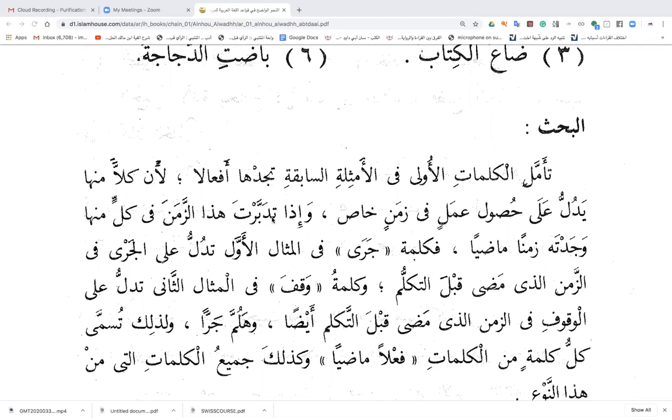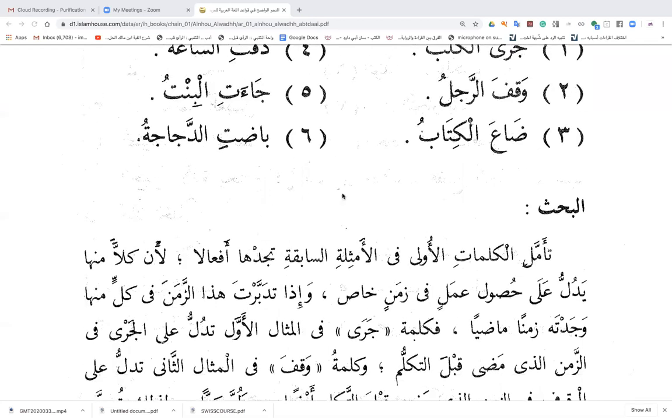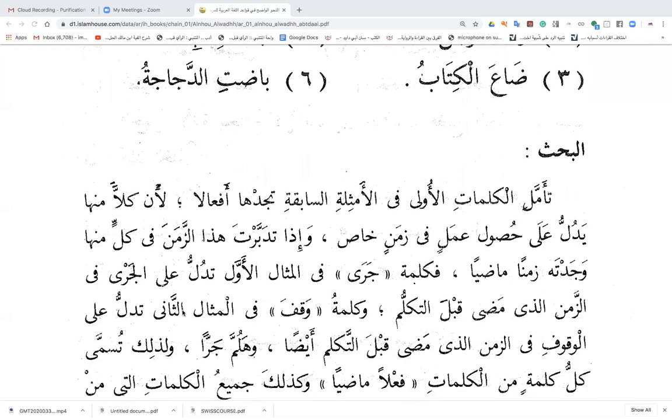And if you were to think momentarily about the tense that each of these indicates, you'll realize that every single one of them, you will discover, is indicating